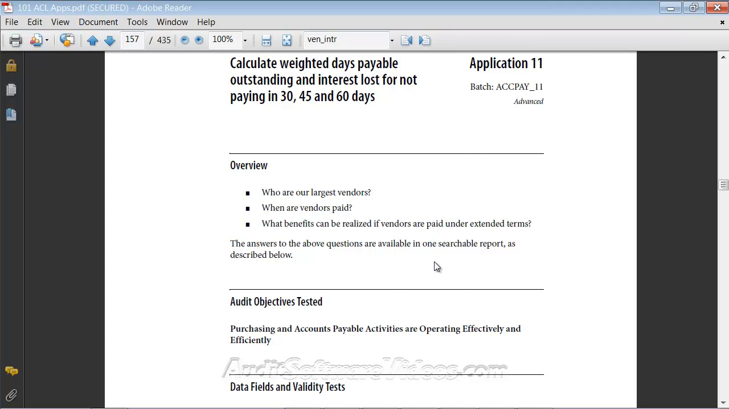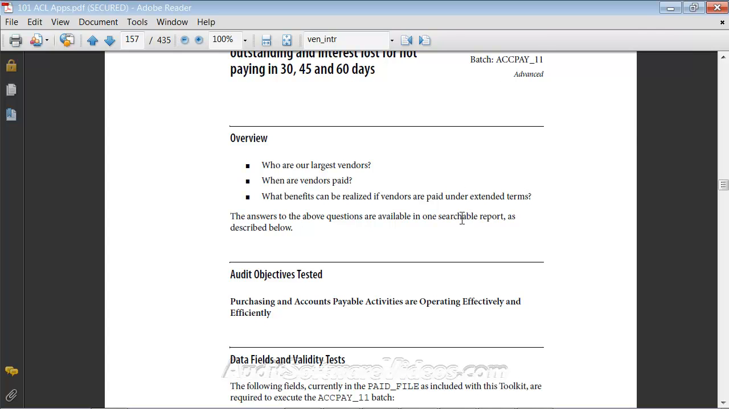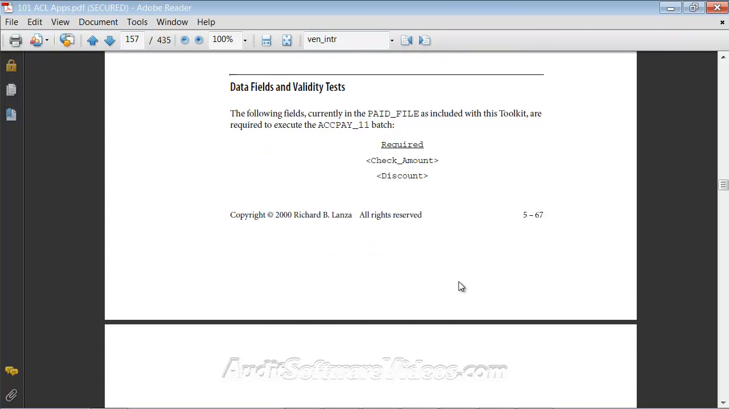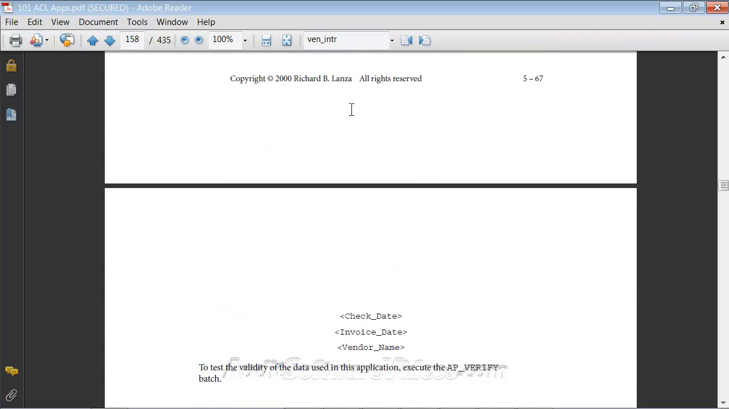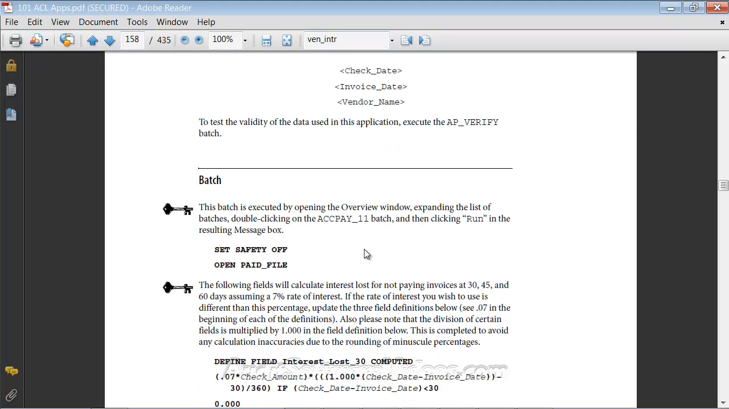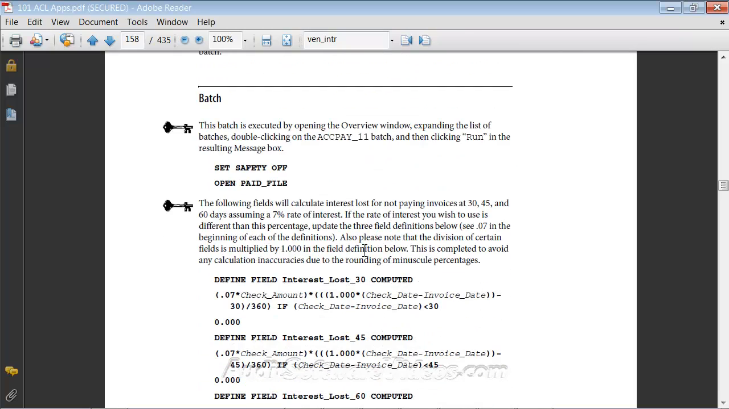And I wanted to show you how I outlined my test. What we used to call these are test sets, or part of a toolbox. And again, there's over 100 of them in this book. So taking a look at this, we have basically the overview of what we're trying to do in the test, the audit objective being tested, the data fields that we need in order to run that particular test. And there are about 5 of them there, by the way: check amount, discount, check date, invoice date, vendor name. And then we have the batch, which I go into a lot of depth here,